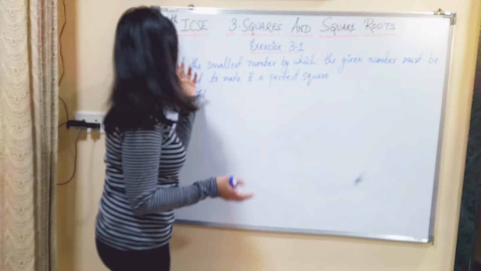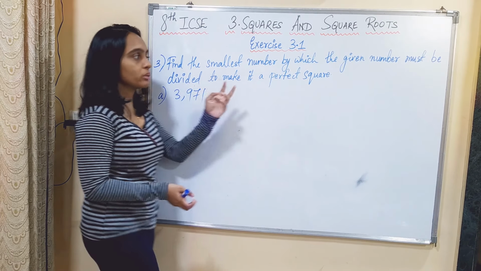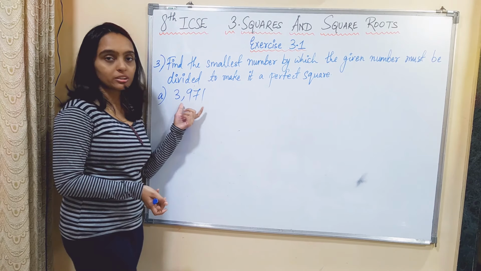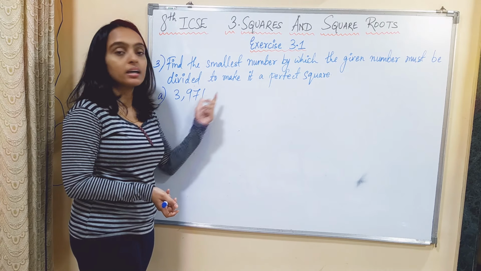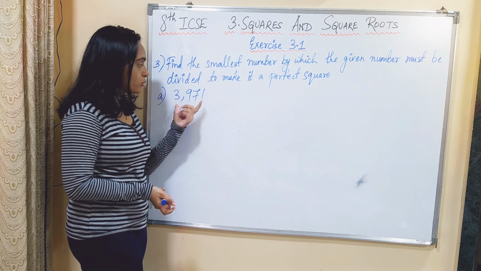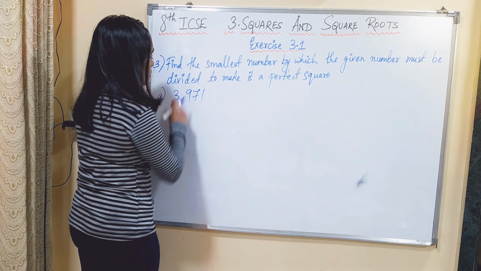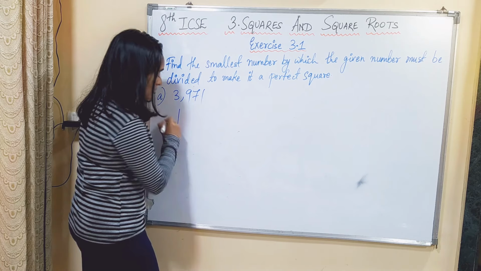The third question is, find the smallest number by which the given number must be divided to make it a perfect square. So this number is not a perfect square. We have to find its factors and the unpaired one should be divided from this number to make it a perfect square. Okay. So now first taking the factors of this,